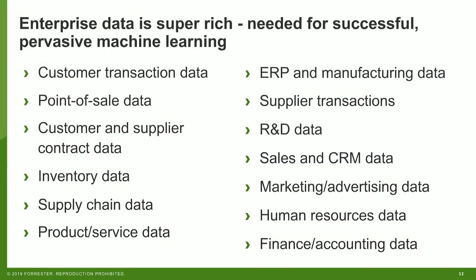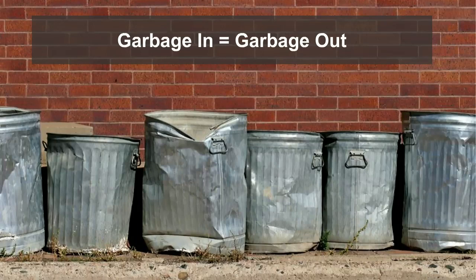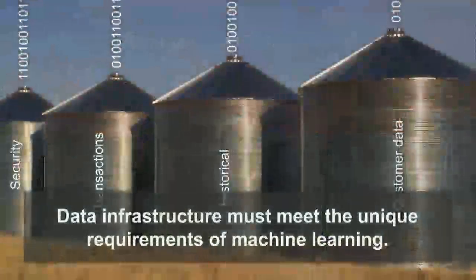And if you look at some of the sources of data, the internet giants don't have this data. Enterprises have this data. And this is why enterprises are going to be successful with AI. And that's why they're going to make a difference in the world with this, it's because they have the data. But you have to provide access to it. And one of the reasons why we suggest multiple use cases is because this is true for computer science, and it's true for data science: garbage in, garbage out. So if you don't have the right data, that use case might not pan out, or it might be hard to get that data. So you have to do multiple.